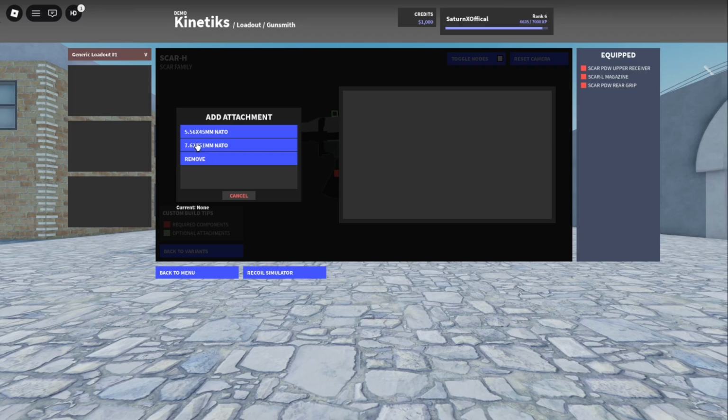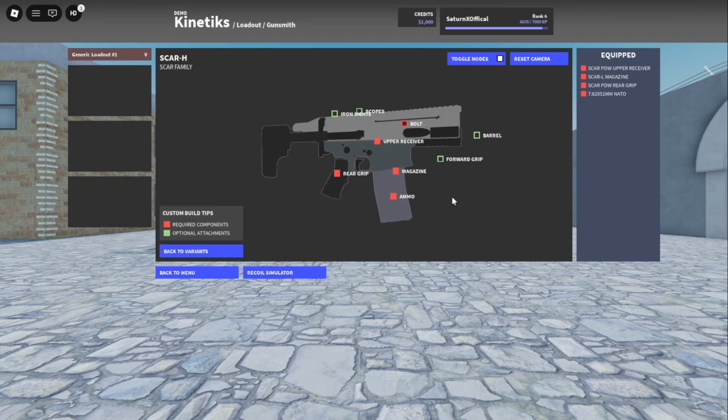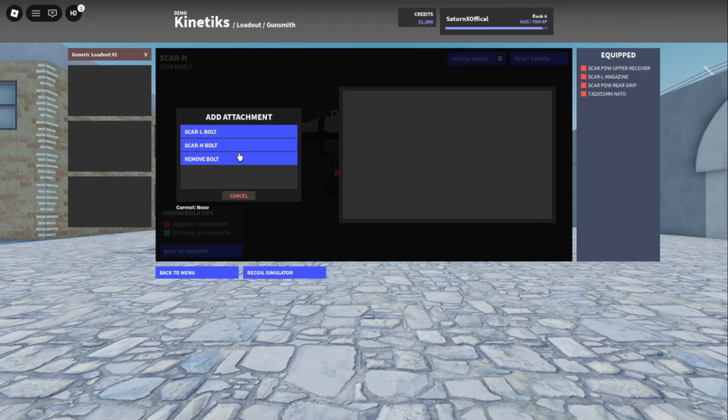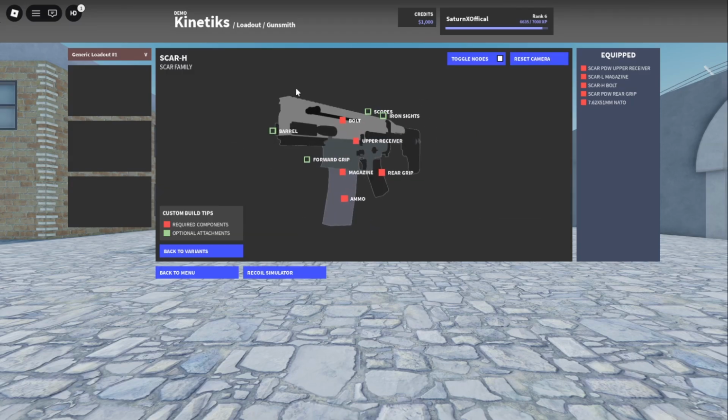So sniper, well, you would use this. If you paired 7.62 with a sniper rifle like the SSR, it could one shot to the head. But if you did 5.56, it wouldn't. So I try to get the recoil somewhere, but I can't because I am still missing a bolt. Press Q to close that. And either bolt doesn't do anything right now. I was trying to figure out what I can make the bolt do